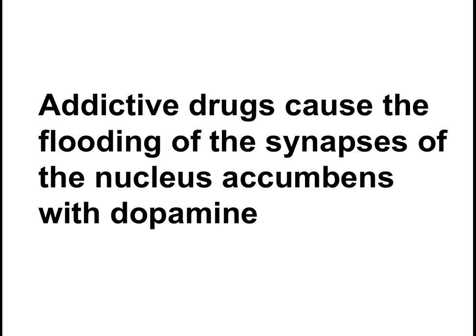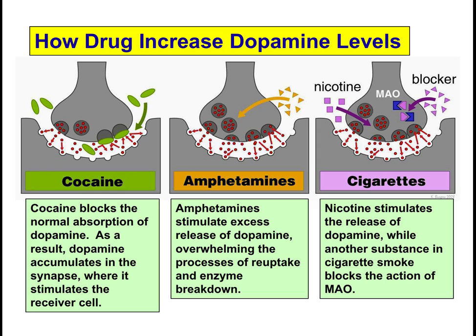You don't get energy like you do with eating. You don't potentially reproduce like you do with sex. In the case of drugs, it's just an immediate release of pleasure. Now, different drugs will affect the way that dopamine works in different ways. So there's 3 drugs here that are just examples of the sort of categories or ways that this can occur.